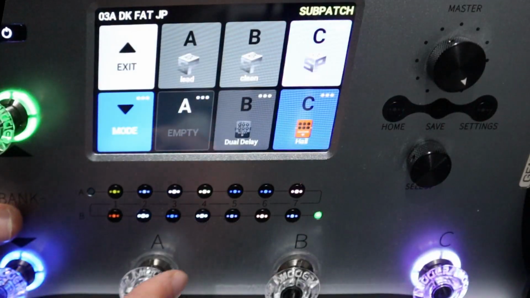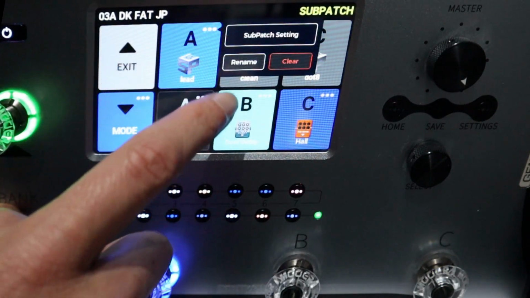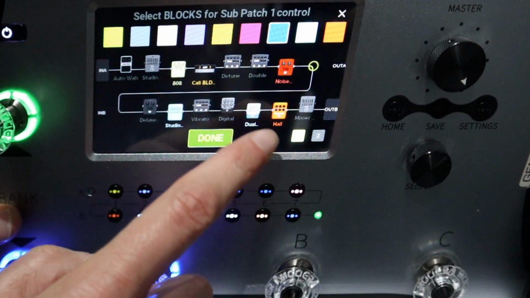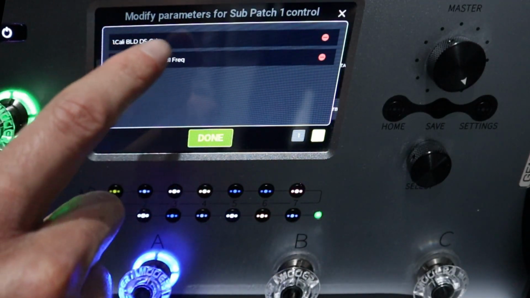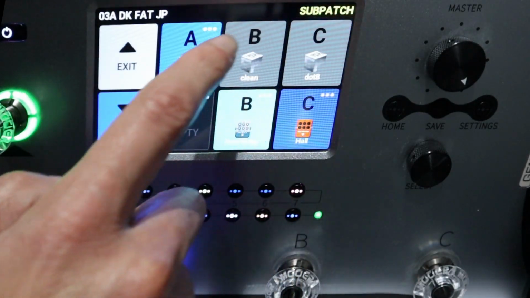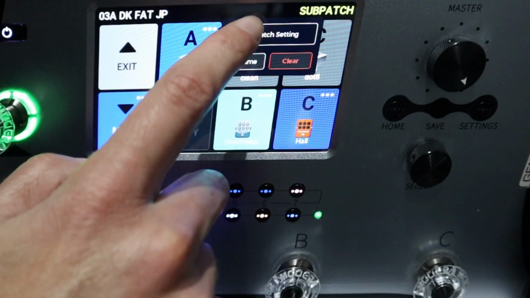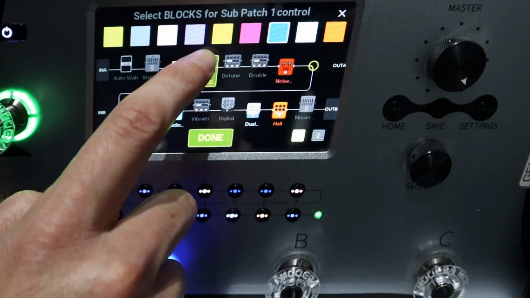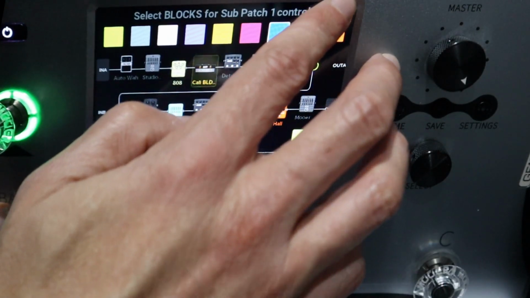And another thing, if you are here in this view and you are going to the subpatch setting, we know this already. And we have a second page where you can see these parameters which are assigned to change in this subpatch. So very easy to use once you know how to do it. And here nothing happens. Okay, so